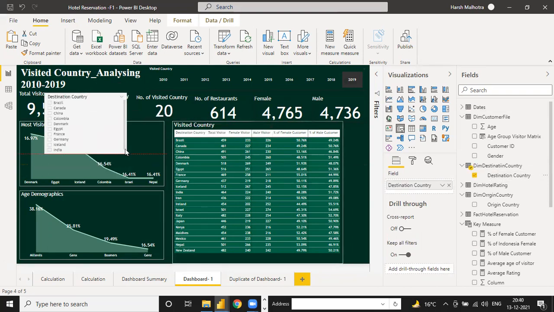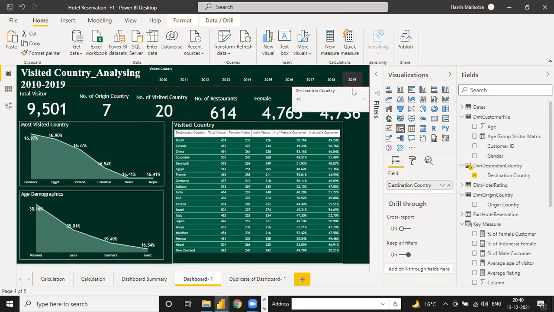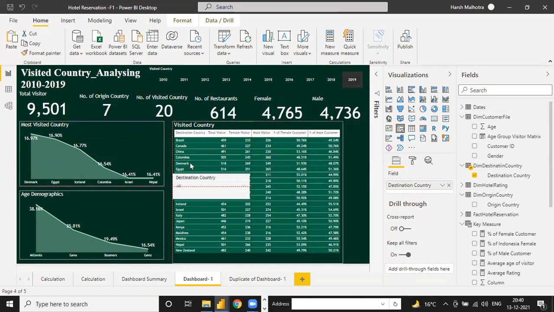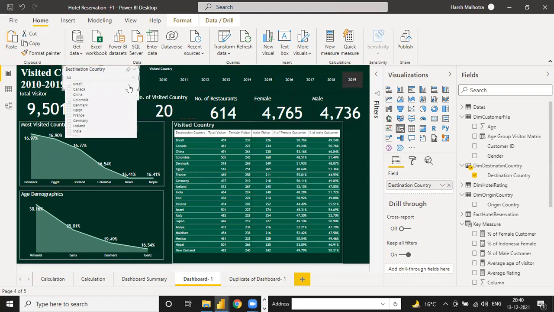And see, if you need to select any country, there is a drop down. This is the drop down for your destination country. If you want to just see Colombia, it is for Colombia data only.